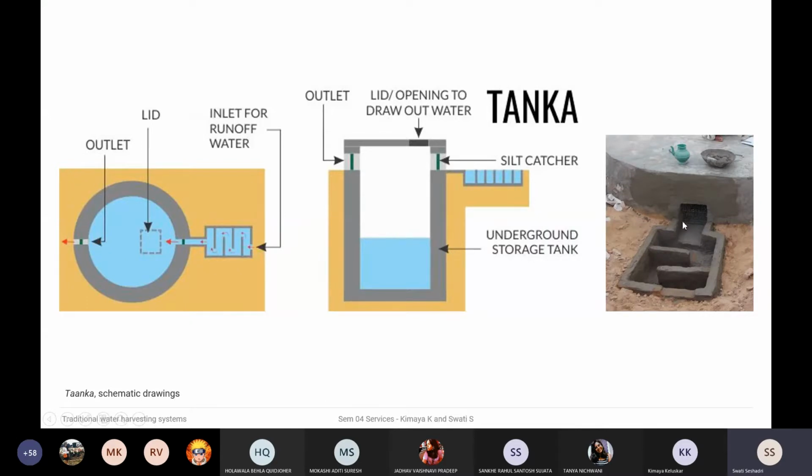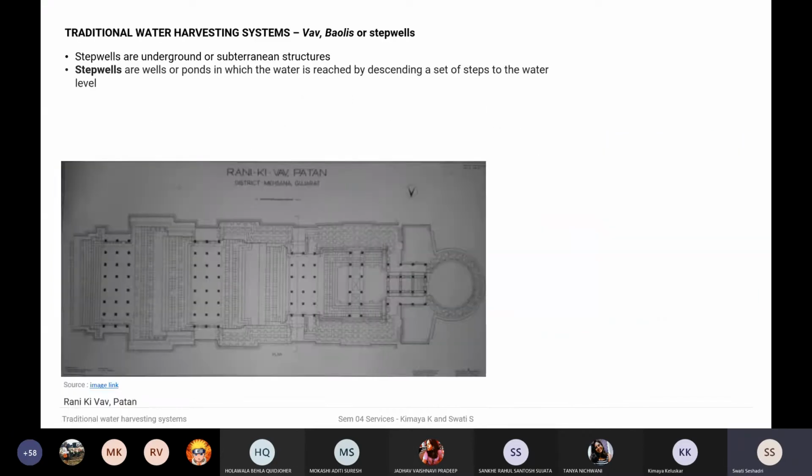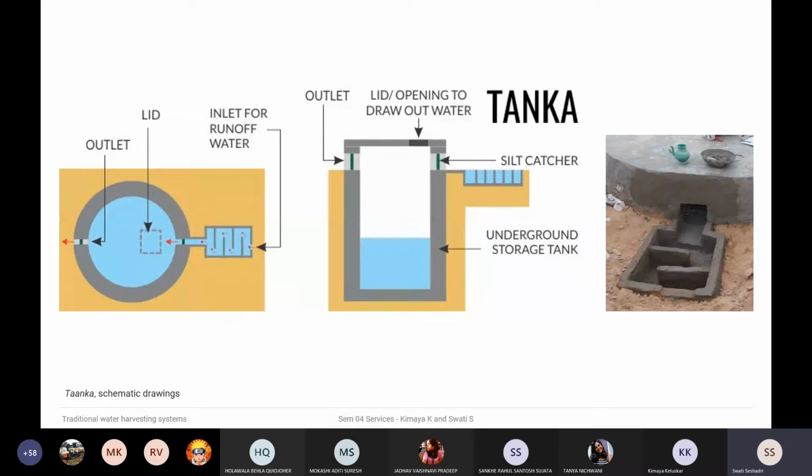And this image was just something because I wanted to show this clearly, that there is a mesh here and the levels of these things. So basically your water enters, and only when it rises does it enter your main tank. Sorry. So that's essentially the section of the tanka.